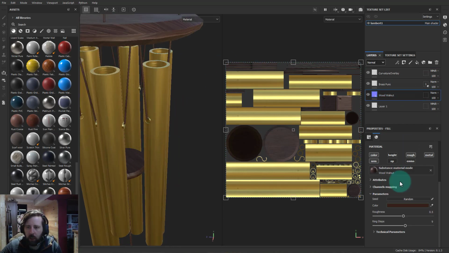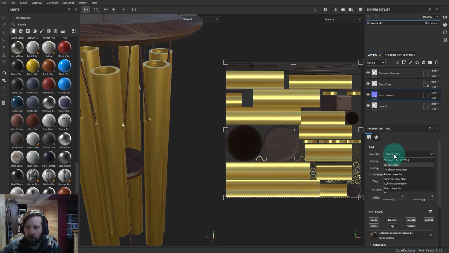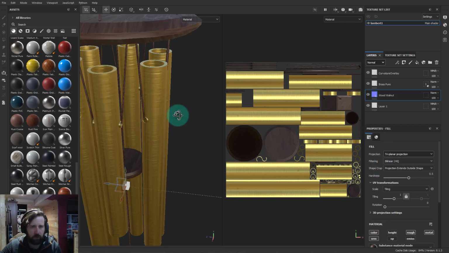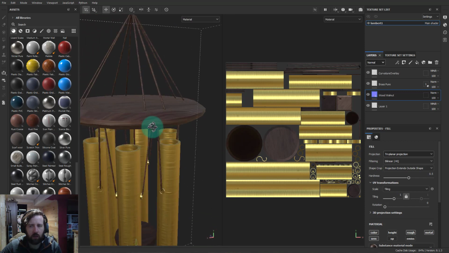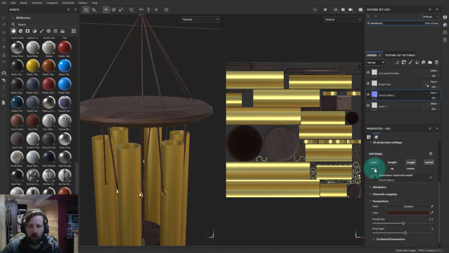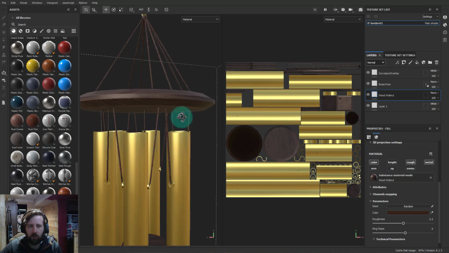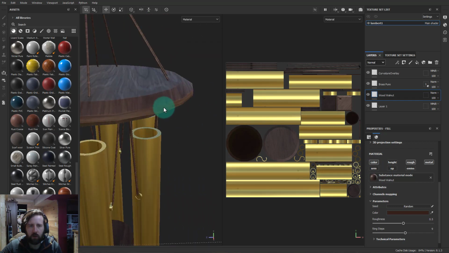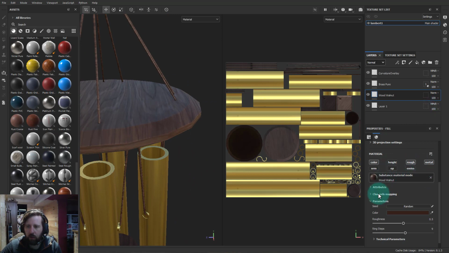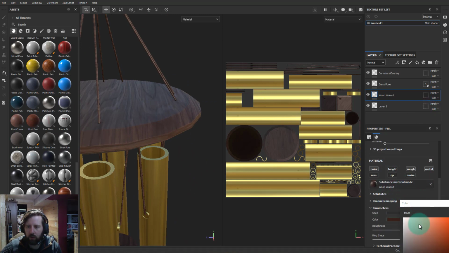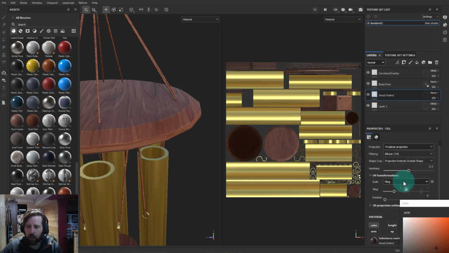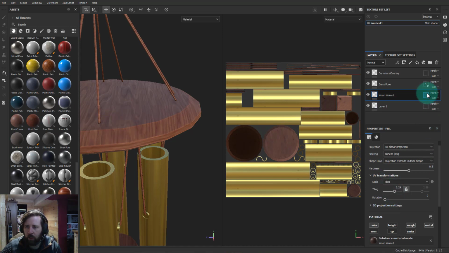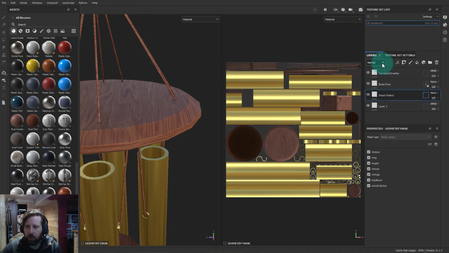Okay, let's change this from UV projection to triplanar. And let's turn off the normals for now. And let's adjust the color a little bit. Something like this. And then I can take tiling, maybe increase it a little bit. And then I can grab this,